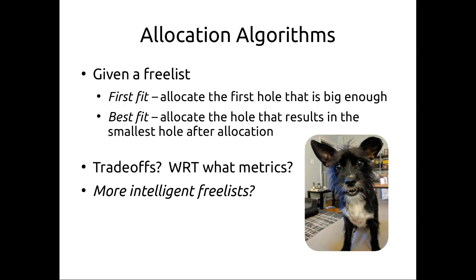Okay. So the question now is effectively that we have a free list and we can use that to do a future allocation. So malloc will happen, and when malloc happens, we need to figure out which one of those free holes we can use for a malloc allocation. Now, first fit is the most intuitive. We simply walk through that linked list of all of the free holes, and we allocate the first hole that's